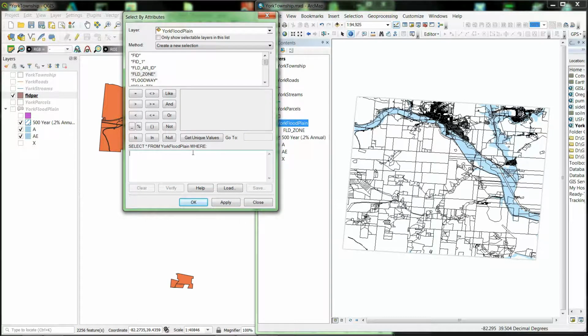ArcMap brings me up an SQL menu, Structured Query Language menu. It's really powerful for accessing data in a relational database. All right, that's the language that you type your search statements in. All right, so here's the full statement right here where it says select asterisk from floodplain where. All right, so we are going to select the flood zone where the flood zone is equal to A,